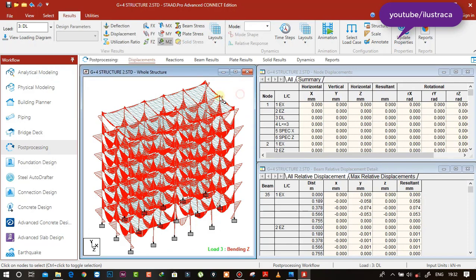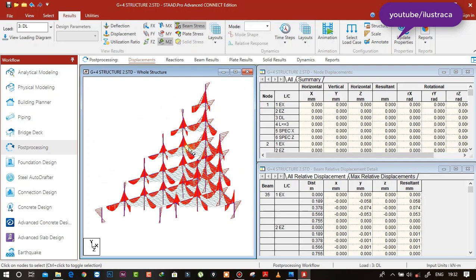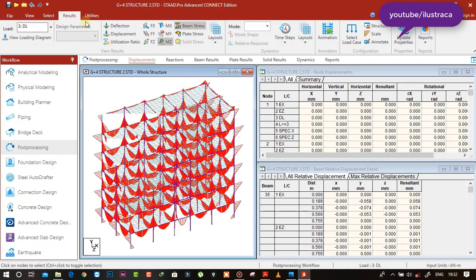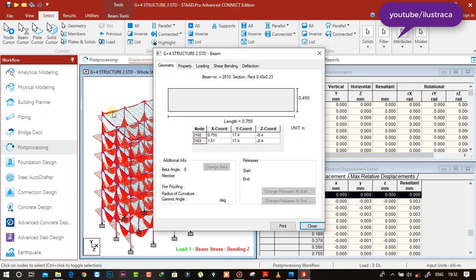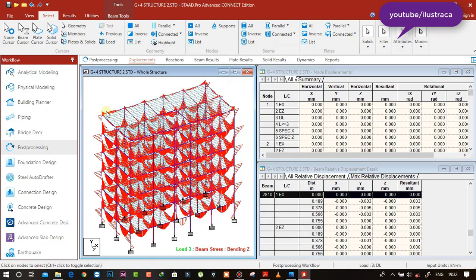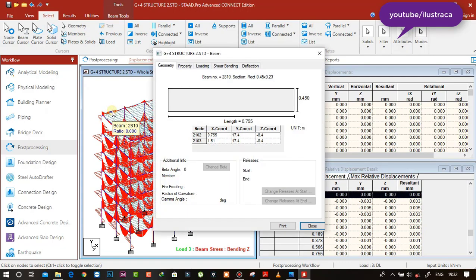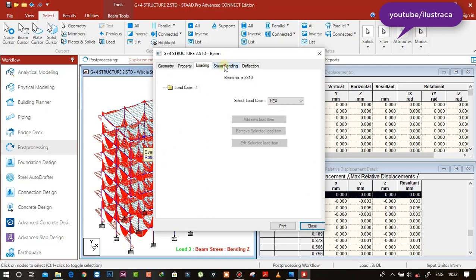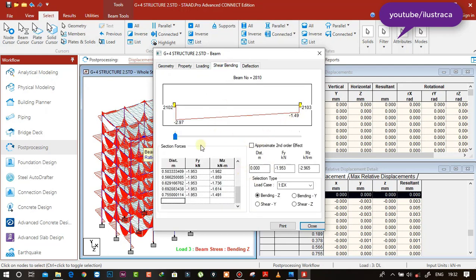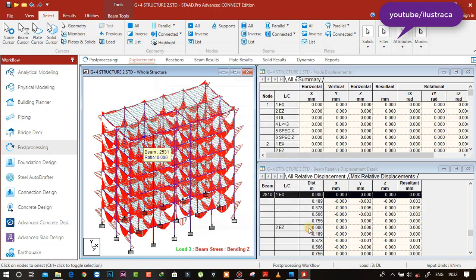Okay, you can see the beam stresses. Just select any beam, double click, and you can see all the values: shear, bending, deflection, loading. So you can see at every point what the value is, and how it is changing here. You can print this, and after that